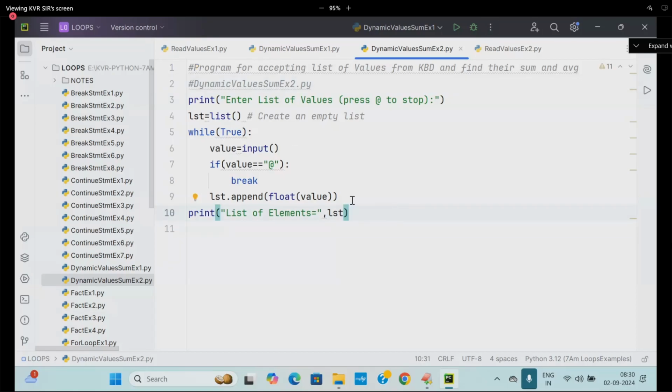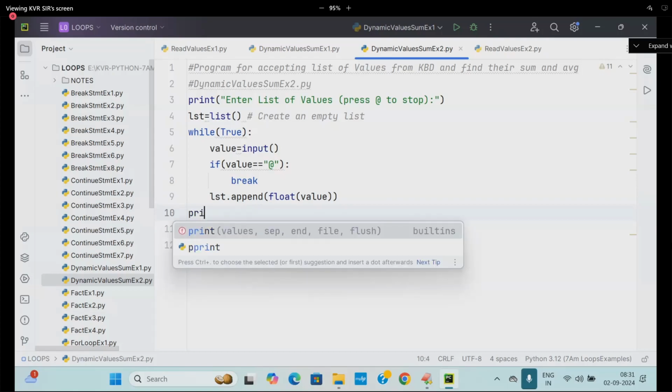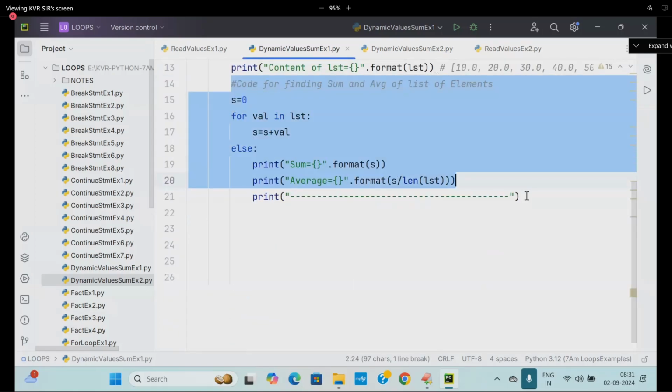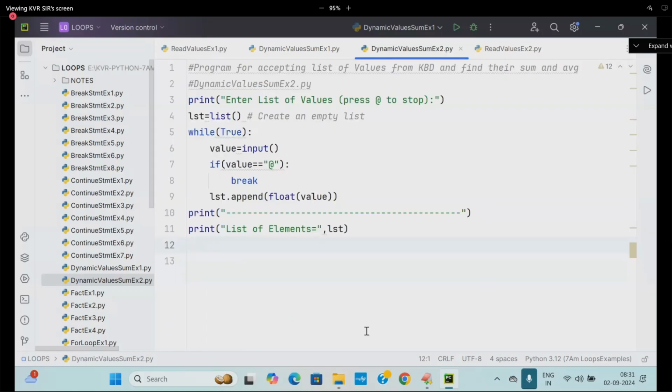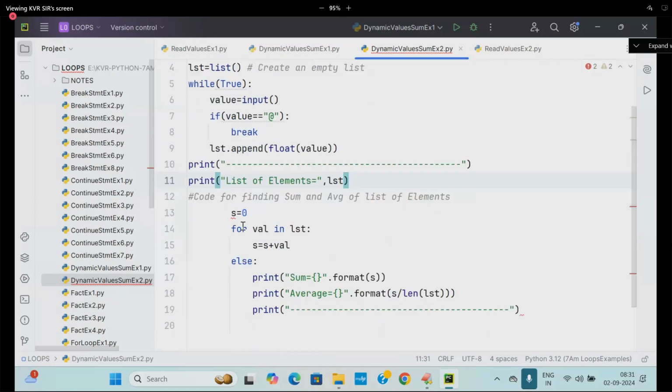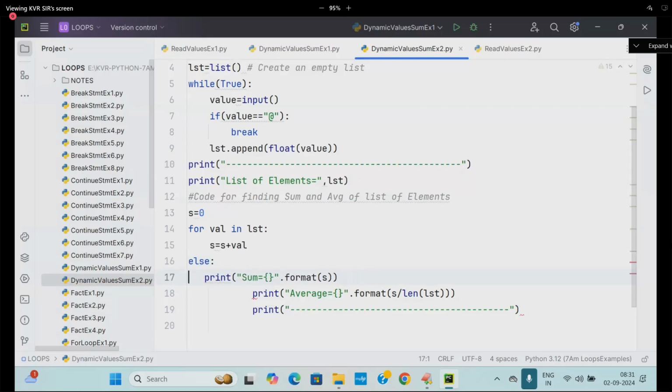After finishing that, here I am going to write it. Print of this entire thing, the list of values we got. Then later what do I want to do? This logic code you are writing. Reading values is the same. I am not disturbing it. I am writing the coding related to this place. So here I am writing, take care, the for loop else part. For the for loop related else part, I am writing the print statement and